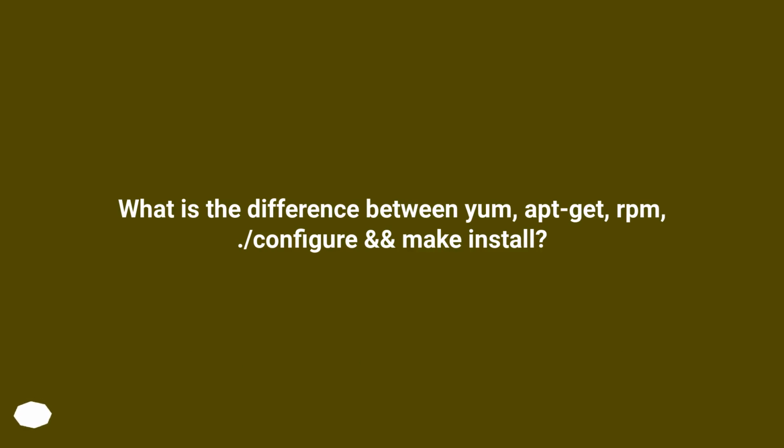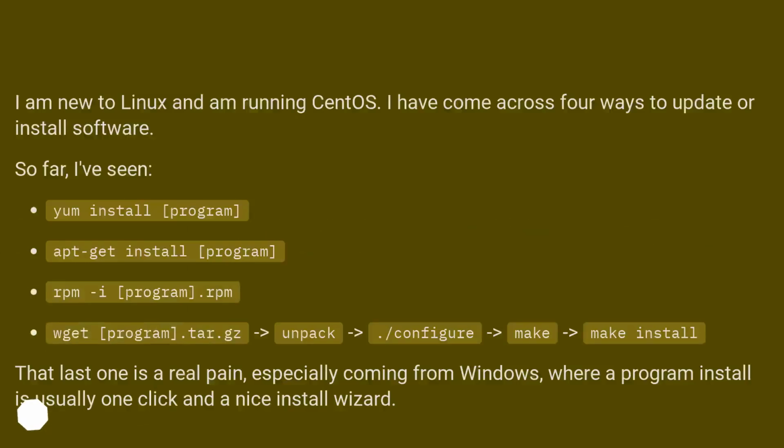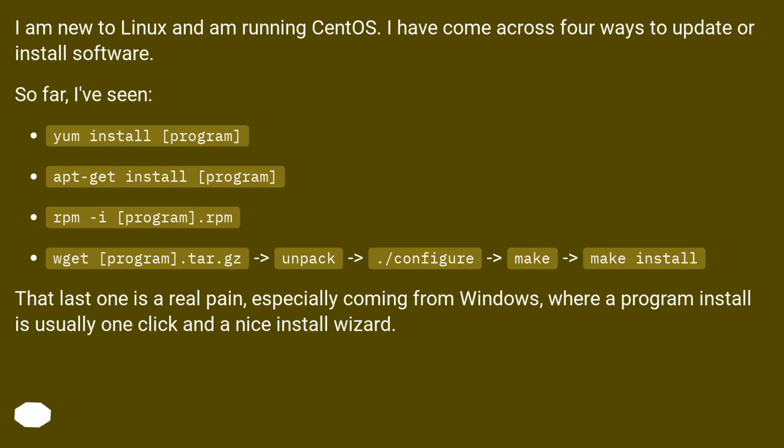What is the difference between yum, apt-get, rpm/configure and make install? I am new to Linux and am running CentOS. I have come across 4 ways to update or install software. So far, I've seen yum install program, apt-get install program,